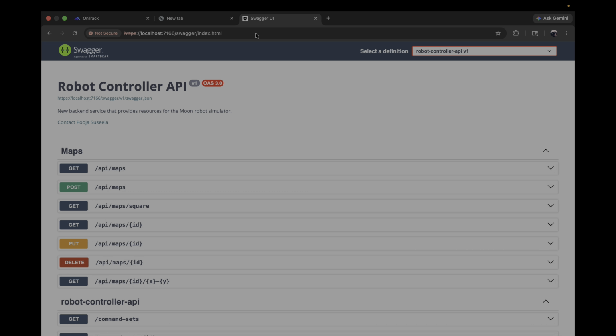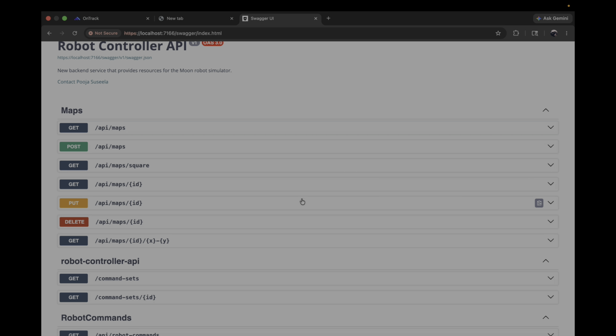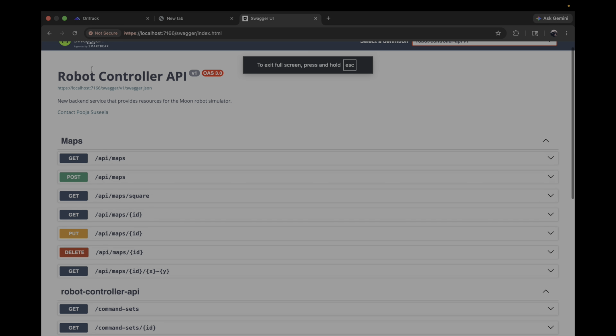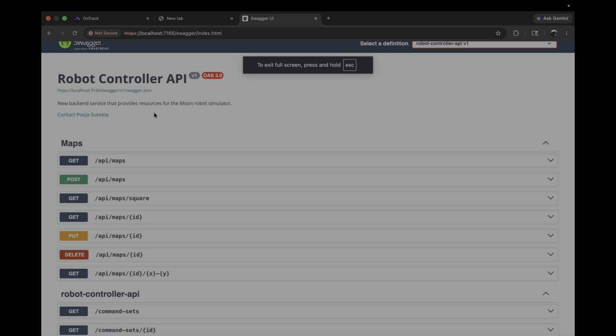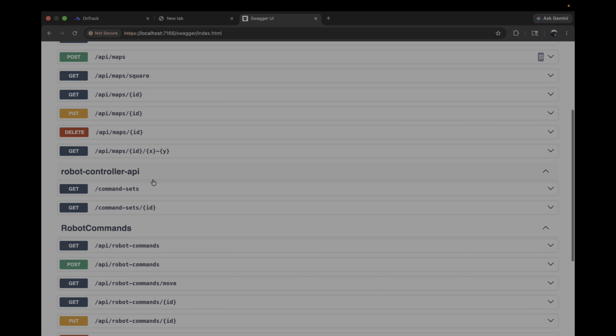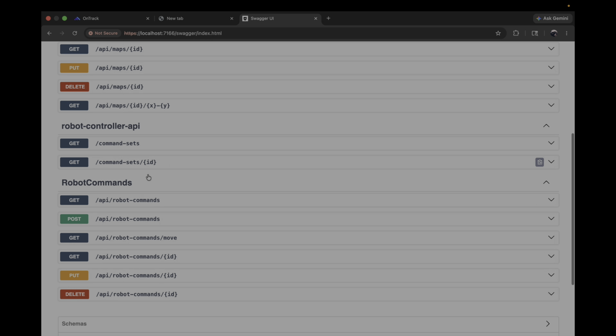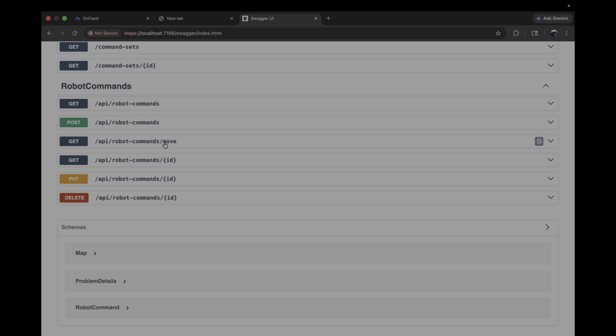So here, this is the Swagger UI page for my Robot Controller API. Basically, it shows the title and their version, the description, the contact details, and all the available endpoints. Here, I can see the maps, the robot command, and their command sets, and the schemas. So next, I'll show my